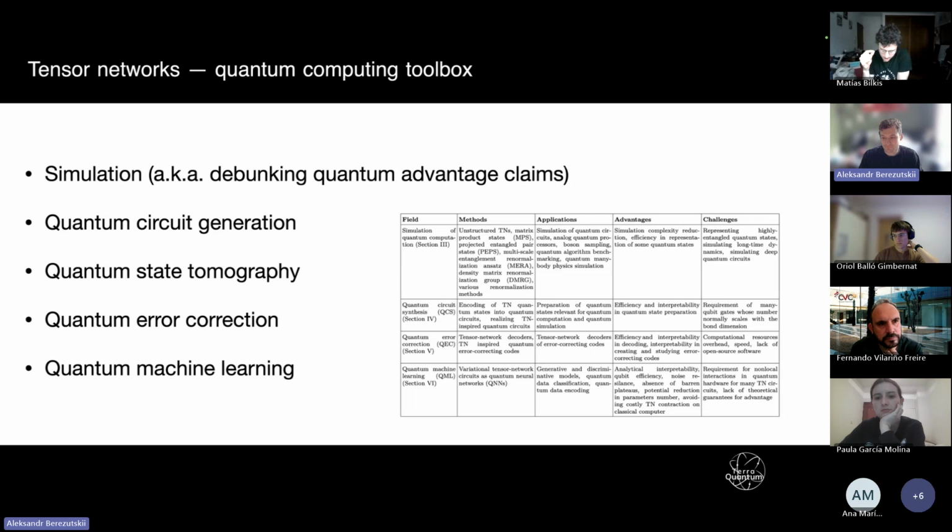So I was wondering a bit, when you said by the end of your talk that you can actually simulate shallow quantum circuits efficiently using tensor networks, whether this cannot be seen from this point of view. Well, actually yes, because it's classically simulable. Yeah, I totally agree. There's lots of controversy here in the sense that